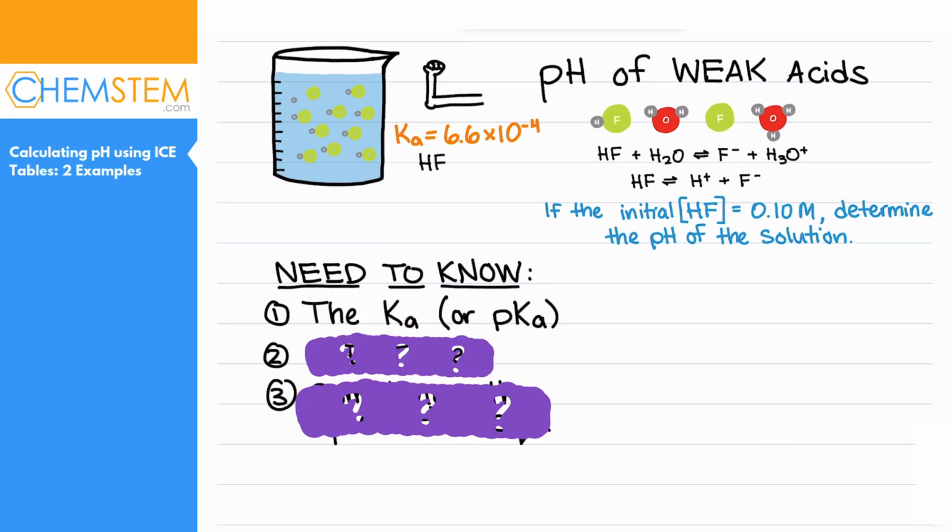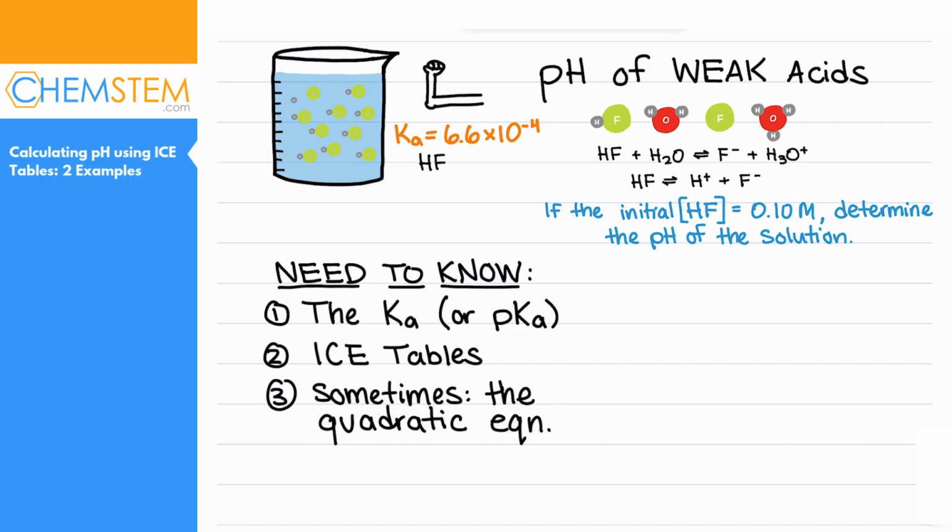You need to know how to find, or where to find, the Ka or pKa, which is the acid dissociation constant, which effectively tells you how weak the acid is, how much it dissociates or doesn't dissociate. You also need to know how to use ICE tables, which stands for initial, change, and equilibrium. And sometimes you need to know the quadratic equation, but we're going to do an example that does not require